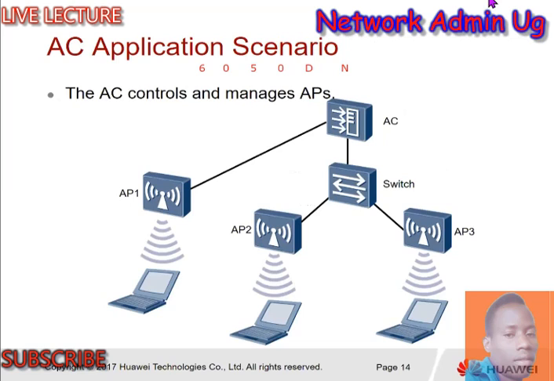The access controllers are used to manage your devices, the access points. So we have an access controller connected to a switch, and we have various access points connected to those switches and then controlled entirely. Though you can also connect an access point directly to the AC, and this AC will manage. So you do not need to come and configure these access points. You just have to control all of them on the AC. You can just go mount these access points in the various directions and sit only at the AC to manage whatever you want to control on those access points, wherever they are. So that's how the